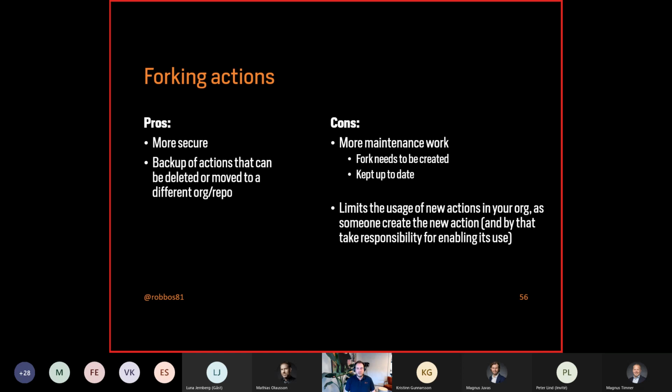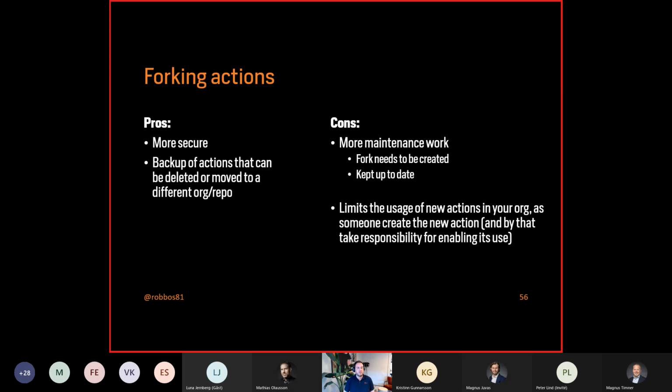Of course, on the negative side, that means that you need to do more work. You're now taking up the responsibility of assessing the security risk there. But in my opinion, you should do that anyway. But you also have to set up that extra organization. You have to describe the process there, train everybody to make sure that they know how to set things up. And maybe even give your senior DevOps engineers the rights to fork those things over to your organization.